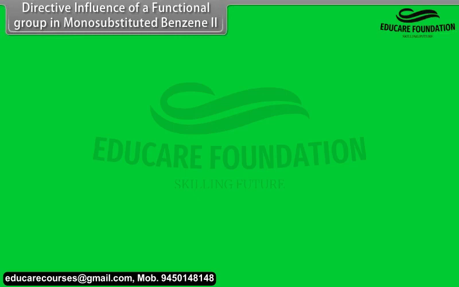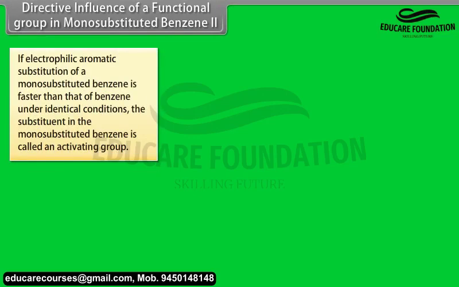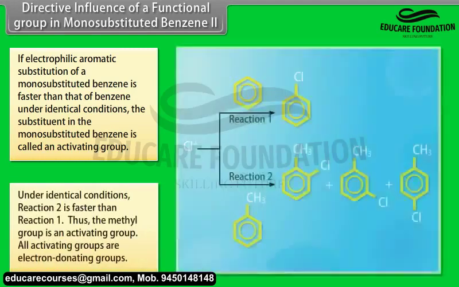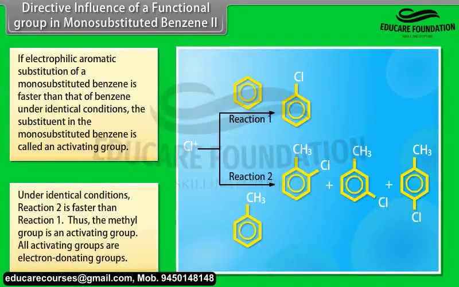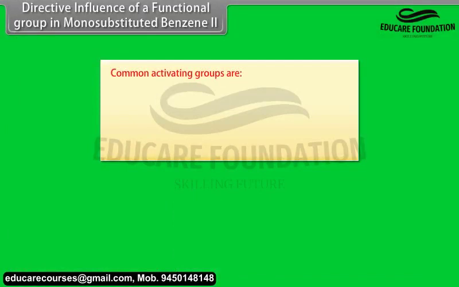Directive influence of a functional group in mono-substituted benzene 2. If electrophilic aromatic substitution of a mono-substituted benzene is faster than that of benzene under identical conditions, the substituent of the mono-substituted benzene is called an activating group. Under identical conditions, reaction 2 is faster than reaction 1. Thus, the methyl group is an activating group. All activating groups are electron-donating groups. Common activating groups are